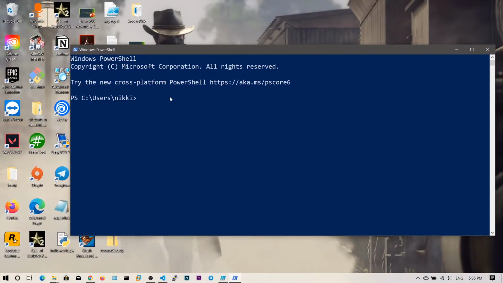The first thing we need to type is Get-ExecutionPolicy to display what policy PowerShell is using. One thing you need to remember about this command is that the first part is called a verb.